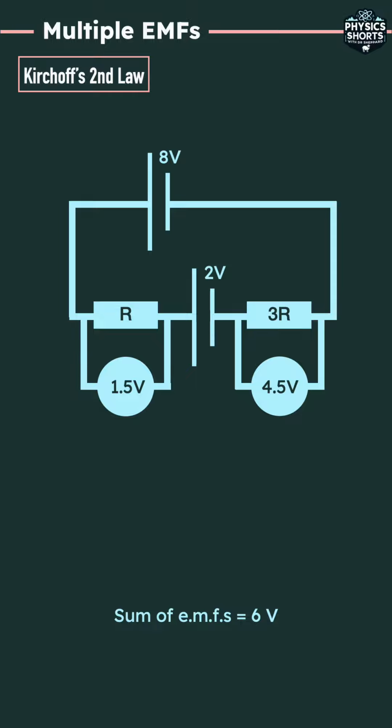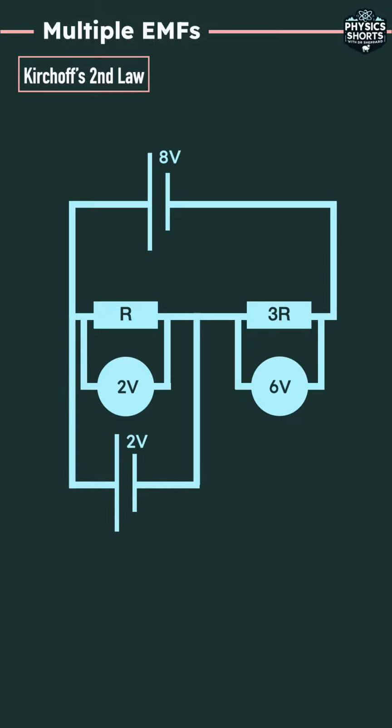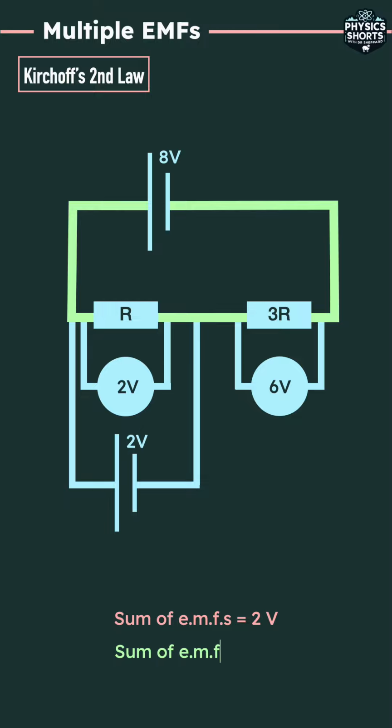If we place one of the cells across one resistor opposing the other cell, now we have to think about loops. For one loop, the sum of the EMFs is 2 volts, so R has 2 volts PD. For another loop, sum of the EMFs is 8 volts, so R has 2 volts PD and 3R has 6 volts PD. And if we now consider the third loop, the 8 volt cell is placing